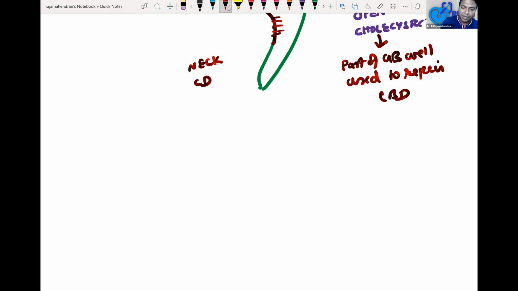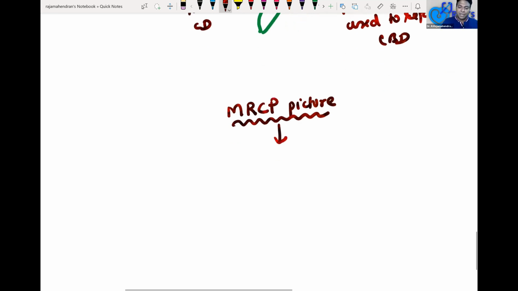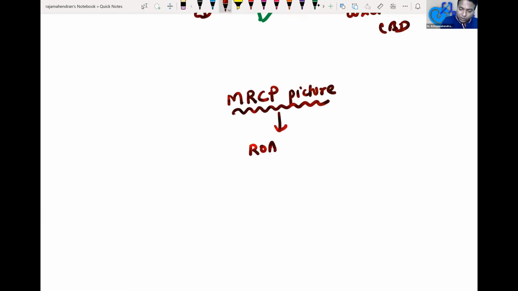The reason is very simple, because we never do laparoscopic cholecystectomy without having an MRCP picture. Please remember, it is just 4,500 rupees. It's not going to be a major expenditure on the patient. MRCP. Actually, as per protocol, as per books, it is not always needed. But if you start doing MRCP for all laparoscopic cholecystectomy, you have a roadmap. You know where the cystic duct is inserting, where the gallbladder is seen. So a roadmap is obtained with the help of MRCP.